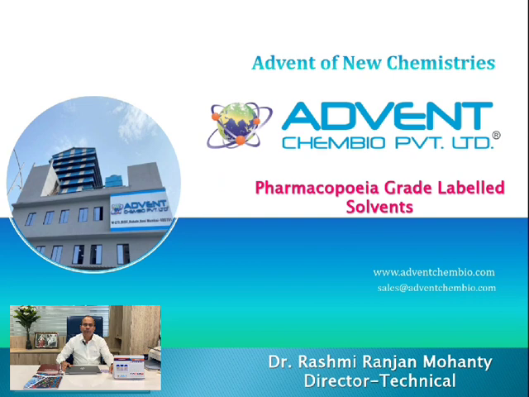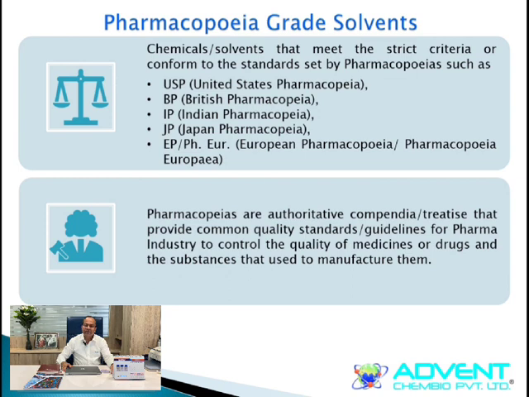Today I will brief you about pharmacopoeia grade solvents, or pharmacopoeial grade solvents. As you all know, pharmacopoeial grade solvents are the chemicals which meet the strict criteria or standards set by different pharmacopoeias such as Indian Pharmacopoeia (IP), United States Pharmacopoeia (USP), British Pharmacopoeia (BP), European Pharmacopoeia (EP), and Japanese Pharmacopoeia (JP), etc. These pharmacopoeias, on the other hand, are authoritative compendia or treatises that provide common quality standards or guidelines